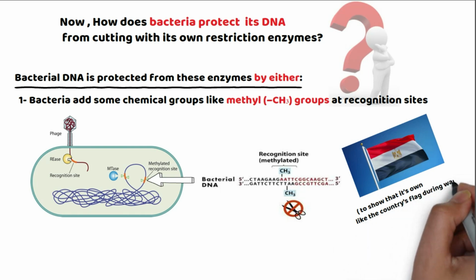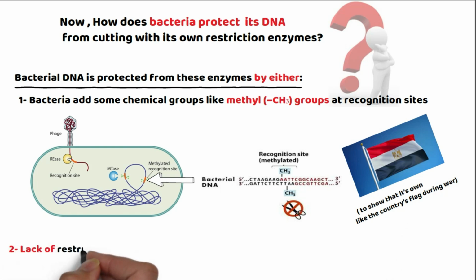okay, during war. Or the second mechanism of bacteria, what do they use? They use no restriction sites, no recognition sites found in their DNA content. So as there are no recognition sites, the restriction enzymes find no target to attack. Okay,